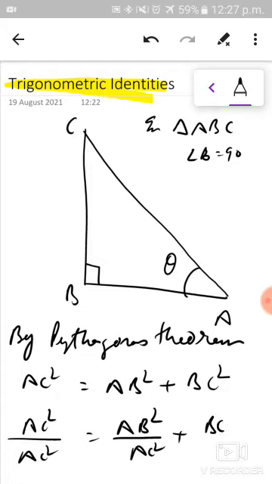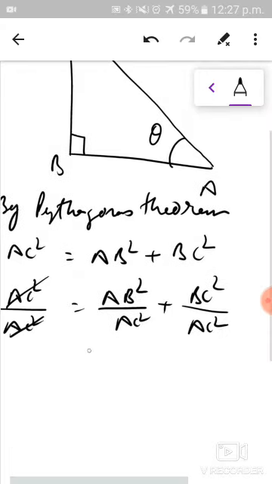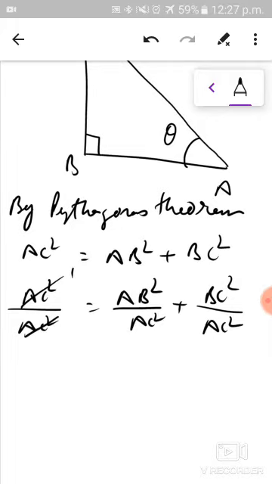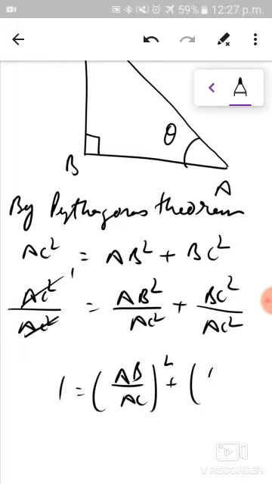Okay, so AC square is cancelled by AC square. So we are having 1 here now. Okay, 1 is equal to this. I can write AB by AC whole square plus BC by AC whole square. This is 1 is equal to. Now see,